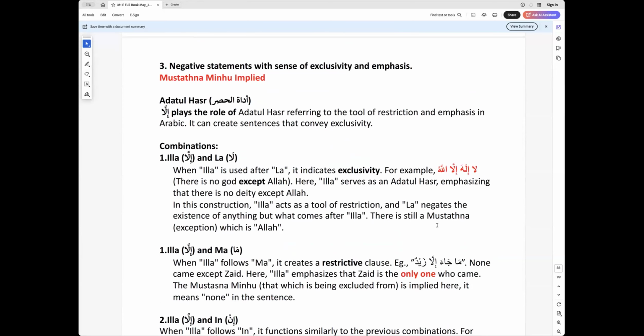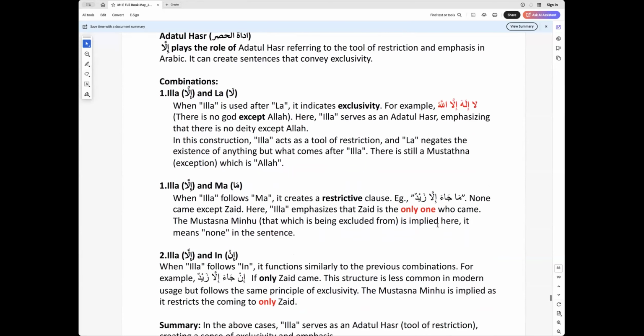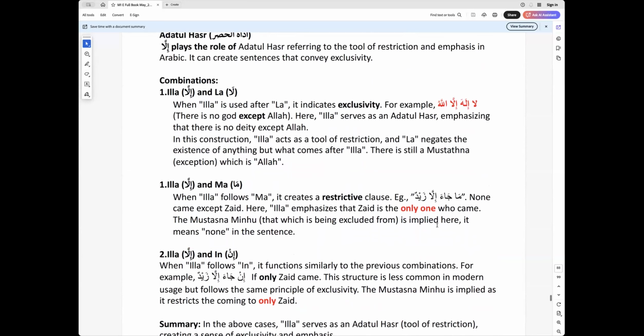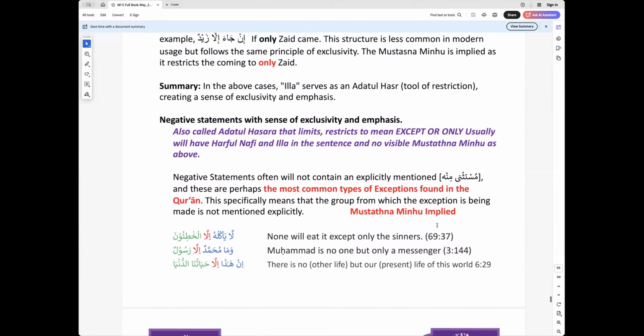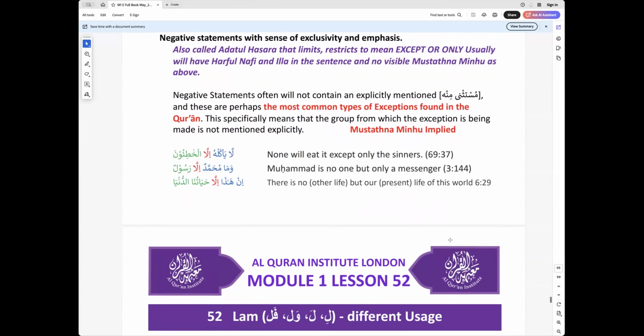Adat al-hasr. Can you just go to the bottom? This is like a summary, okay? La